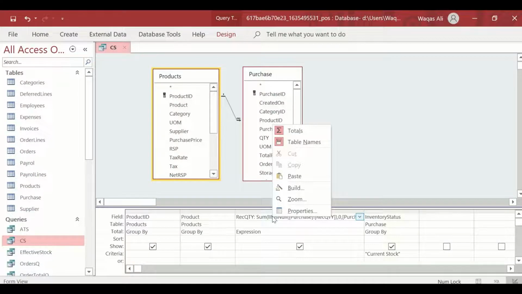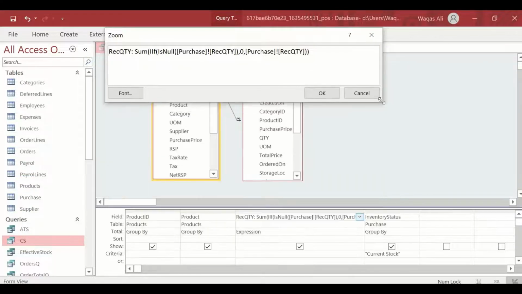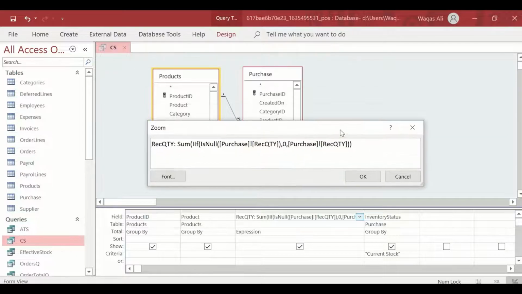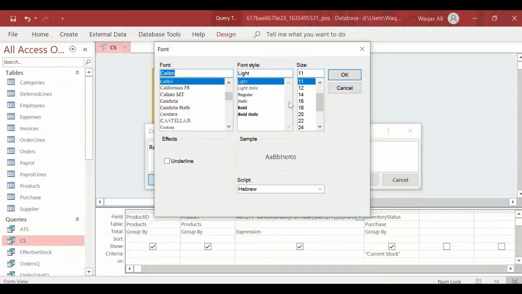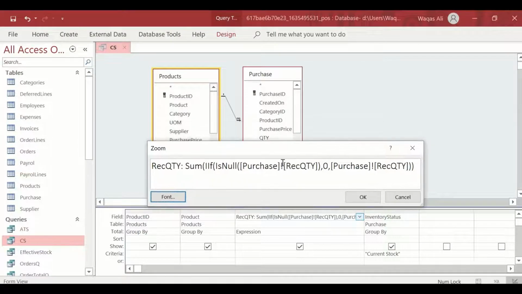Now I'm going to zoom in. Let's make it a little bigger so you can see what I'm presenting on my screen. Have you made these adjustments in your queries or not? If not, then for sure you're not going to get any information from this query.